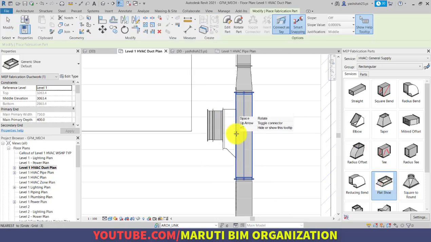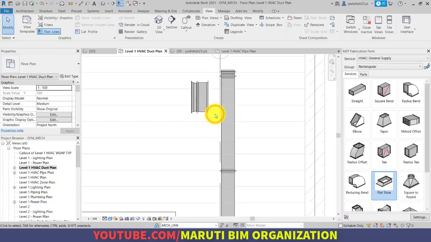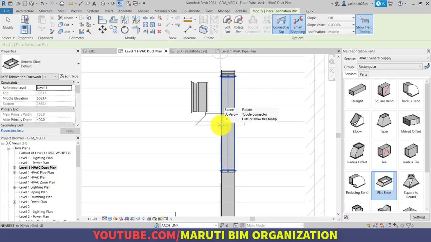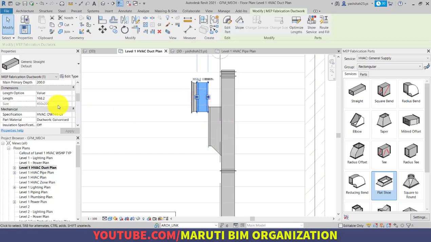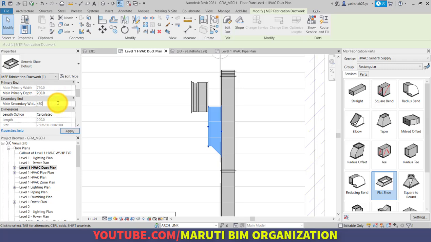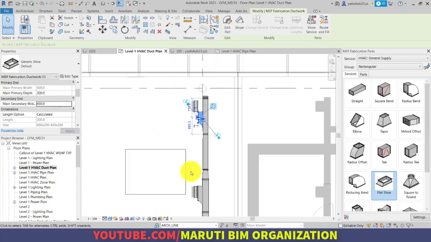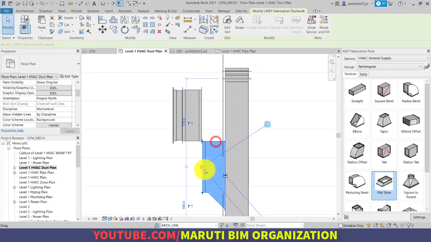So I'm using flat shoe connection here and deleting this one, flat shoe connection here as well. Okay, and here the size of the duct is what, 200 by 450. So I'm using 200 by 450. Here also I'm using 200 by 450, and then we will apply proper connection.